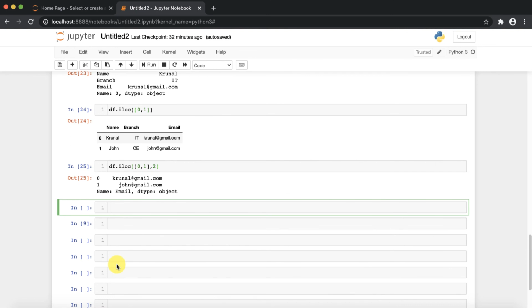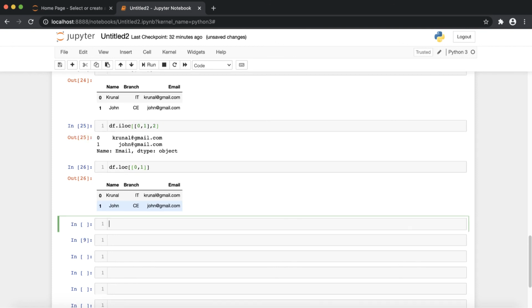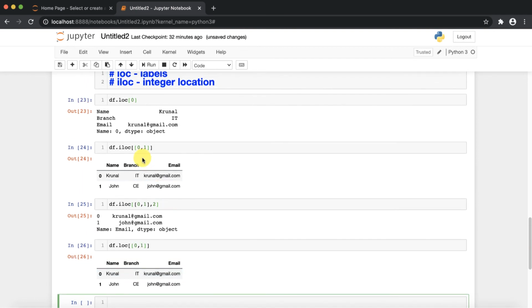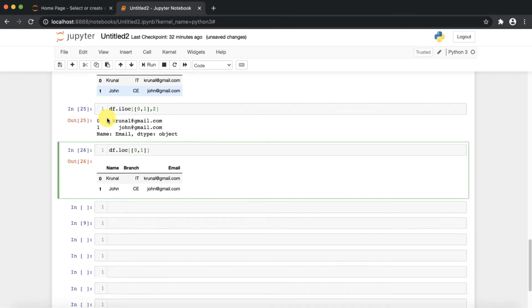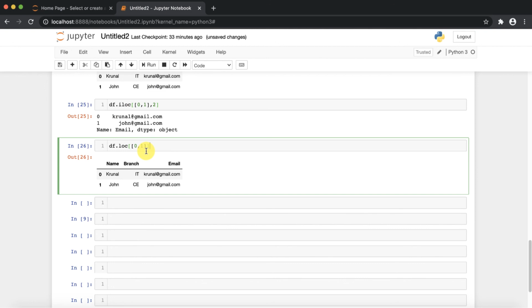So if I want to access the first and second row, I can use df.loc with brackets 0 comma 1, and if I print, you can see that we can define it with the labels, but right now we have labels 0 and 1, so you are not getting any difference. But if some names were there like A or B, then you could provide A and B instead of zeros and ones.